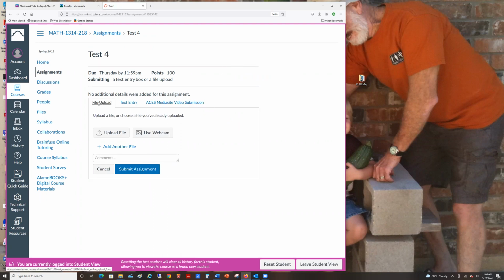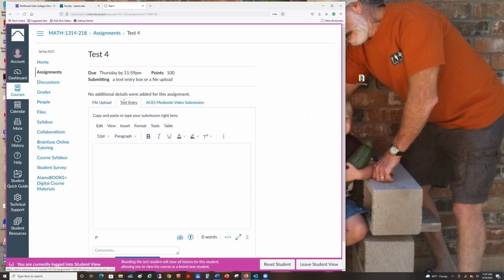File upload. If you were able, for example, to download your Microsoft Word version of the take-home test and then key in your answers and save that to your computer, which is a good idea, then you can upload it here by clicking on upload file. On the other hand, you could go to text entry and you could put your name,